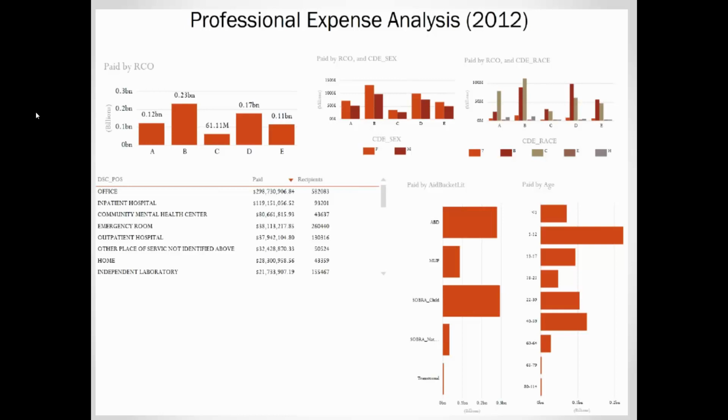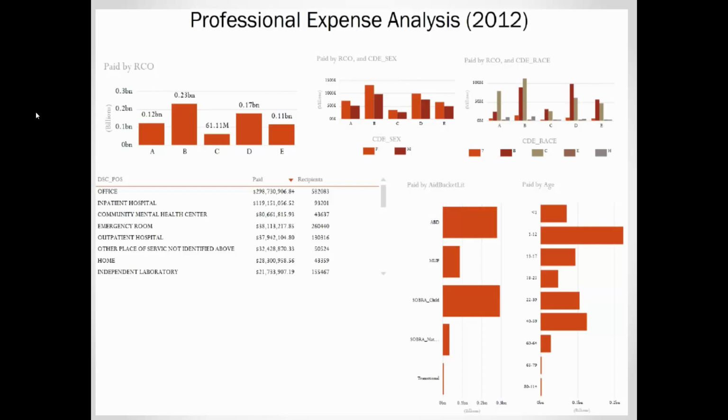Professional expenses is a pretty big bucket, and I was trying to find a way of explaining what and where these expenses are. And so we did the same general guideline, but instead of using a diagnosis, we instead utilized the place of service. And so this is where, on the claim, as is reported to us, the provider said the service occurred. And you'll see that the largest number is the office claims. And so there's a large number of these services that are provided in the offices, but also included in this are inpatient hospital, so the physician that sees you when you're in the hospital and bills you separately than the hospital, that would be included in this